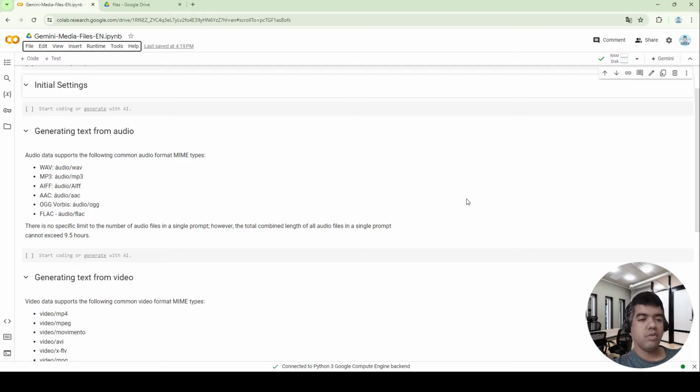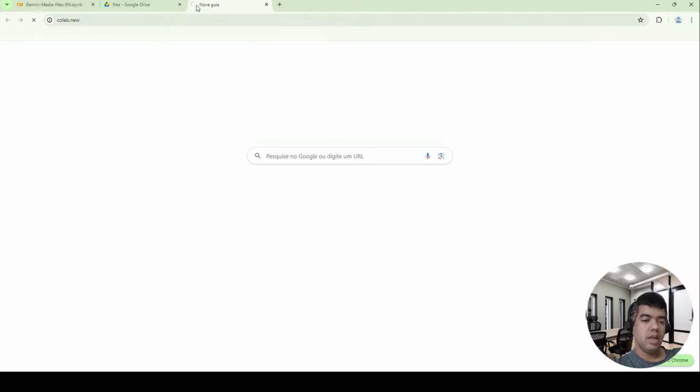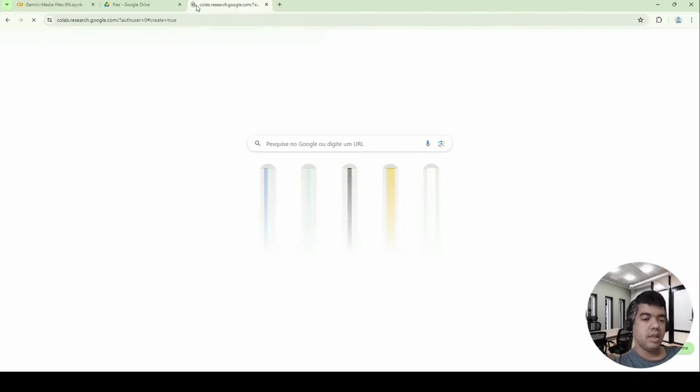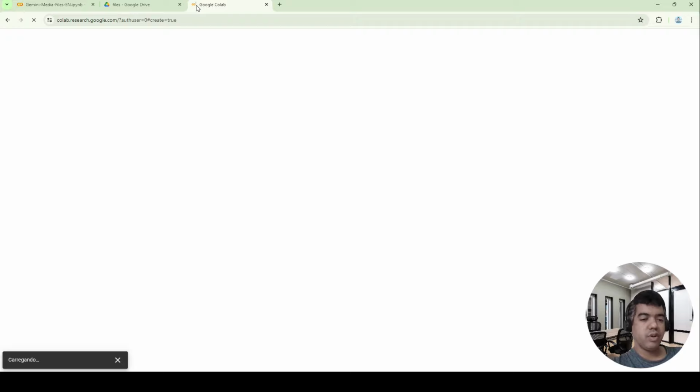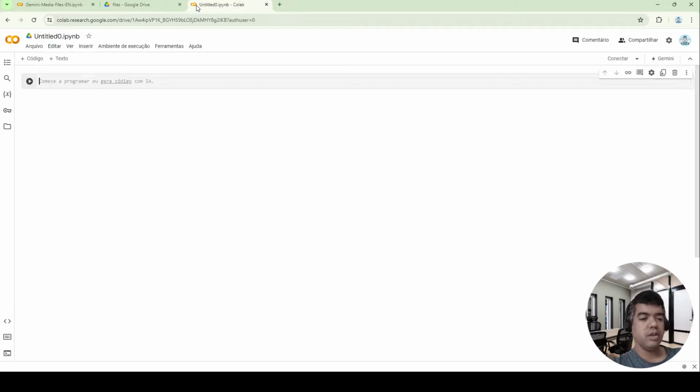If you have never used Google Colab before, you just need to have a Google account. To write your first code, simply access colab.new in your browser. This will create a new environment for you to follow along with the examples we will be working on. But feel free to use any other Python tools to execute our examples as well.